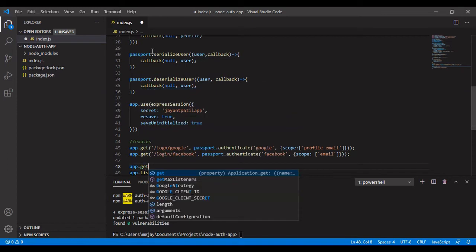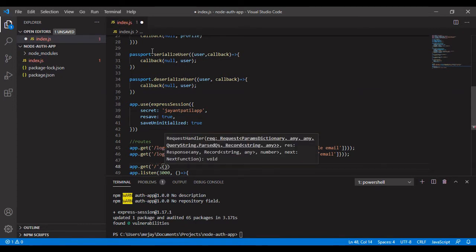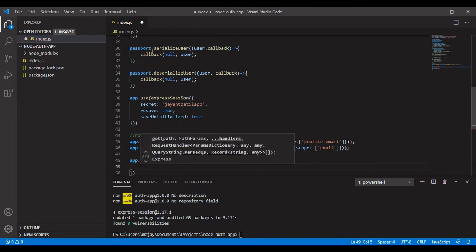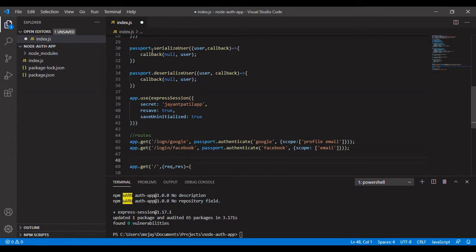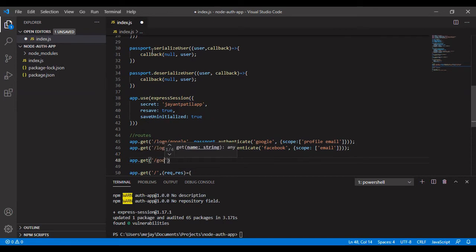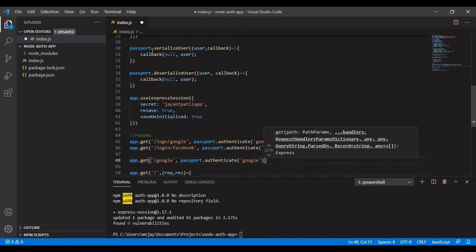After this we need to set up the default URL which is /, and after that we need to add request and response for that. By default we get some messages, or a default message will be provided from here. Before that we need to set up all the callback URLs like /Google and /Facebook. There you can use middleware to check if the user is already logged in or not. If it is logged in, then redirect that user to the main page which is default /.